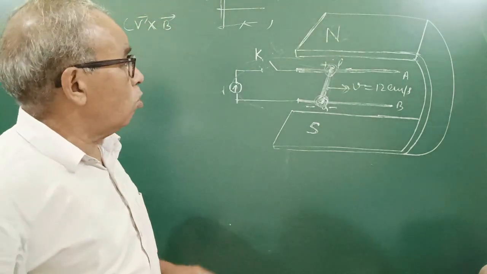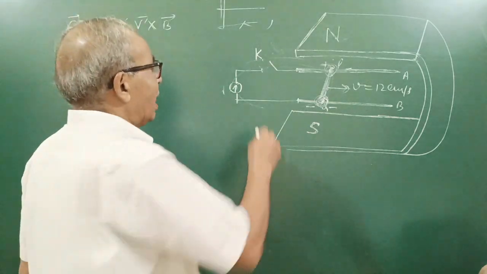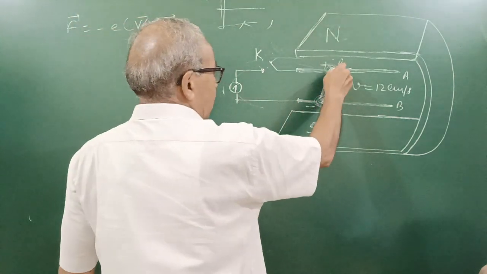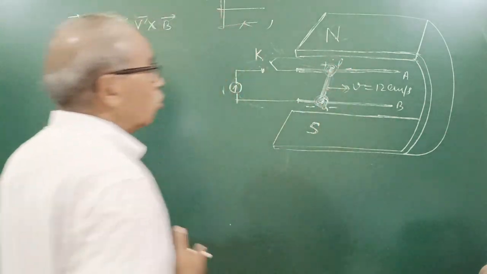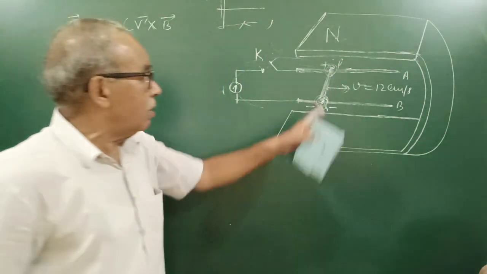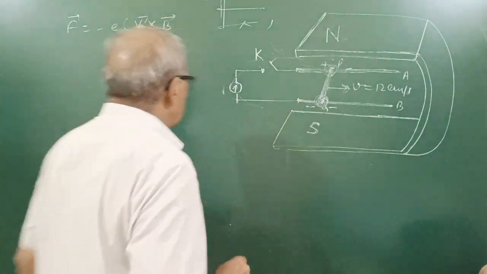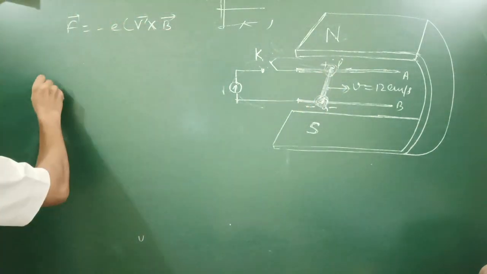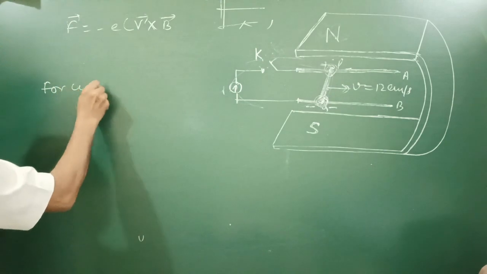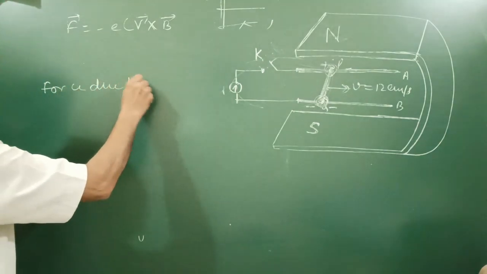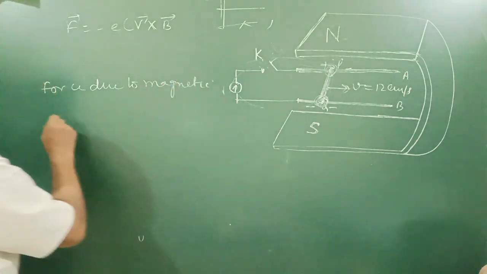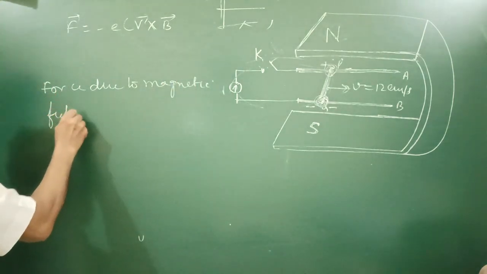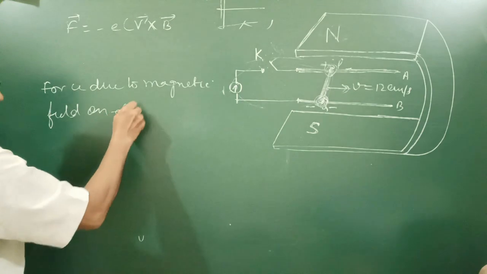Actually, whether K is closed or open, there will be net positive charge also. So there will be a Coulomb force of attraction between the charges, and the force due to the magnetic field on electrons